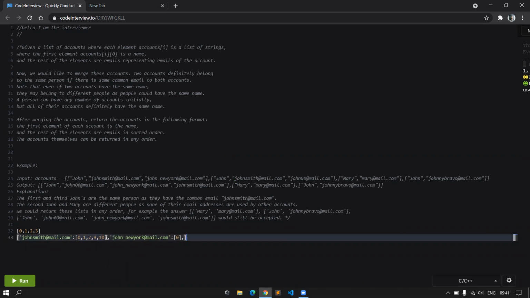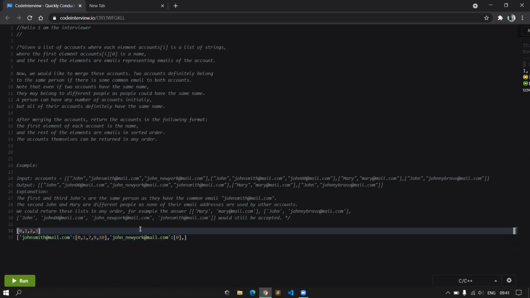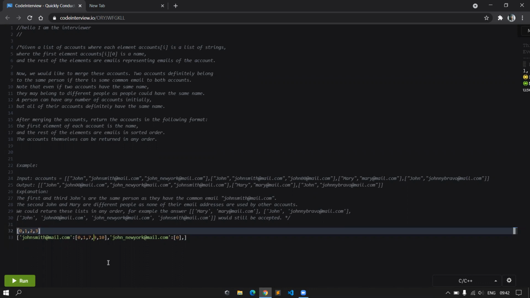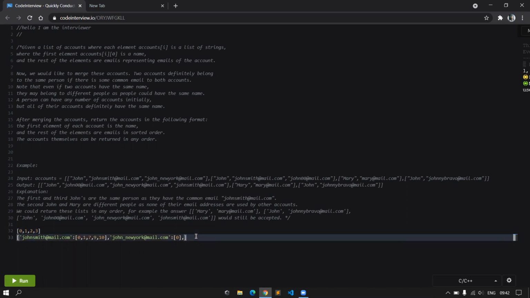Okay, so here's a question. What do you think the runtime of this solution would be, worst case? Okay, let's see. If I'm generating the individual dictionary itself, I would be iterating through the account list. Let's say you already have the dictionary. What's the worst case time complexity just to generate the output from the dictionary?